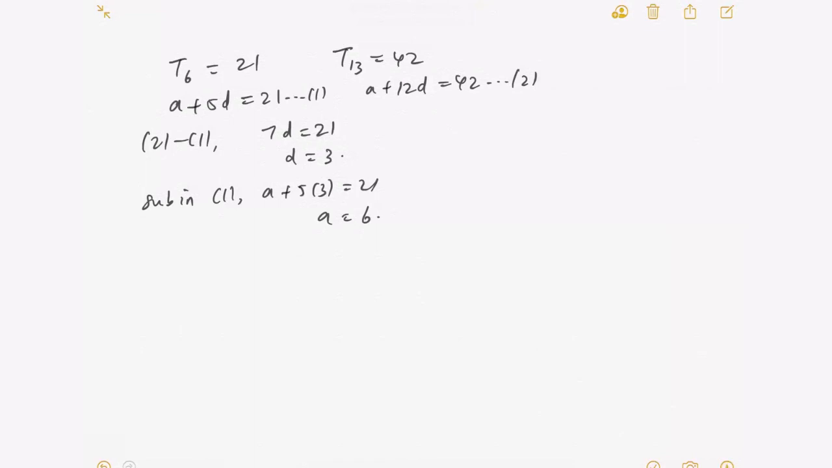Yeah. Okay. So that's all. This is the first part of arithmetic progression involving the general formula, Tn equals a plus n minus 1 d. All right,